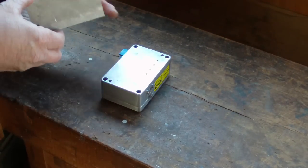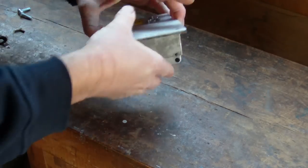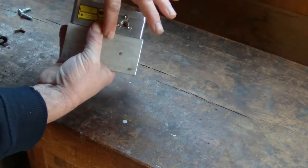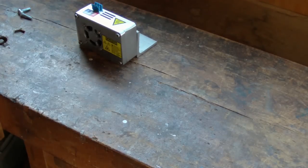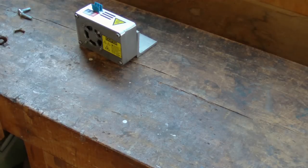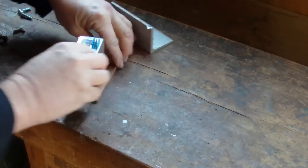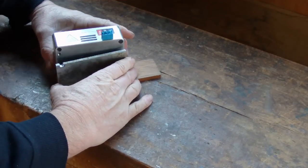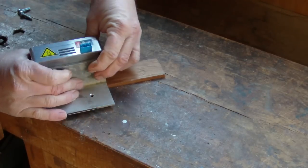Now I've already made this bracket, but what we want to do is have the bracket here flush with the bottom of the laser, and an easy way of doing that is just get a block of wood. So I've got the small piece of wood here and just sit it on like so, and then I can take my aluminium piece and just hang the thing over there. Now they're sitting flush,